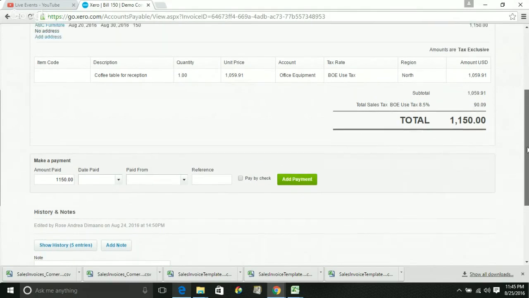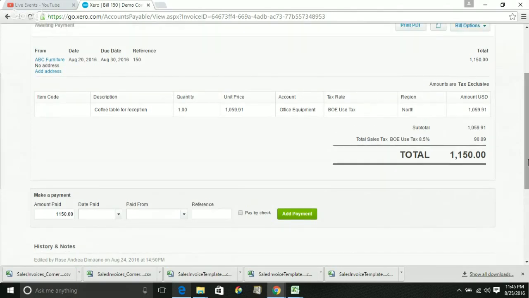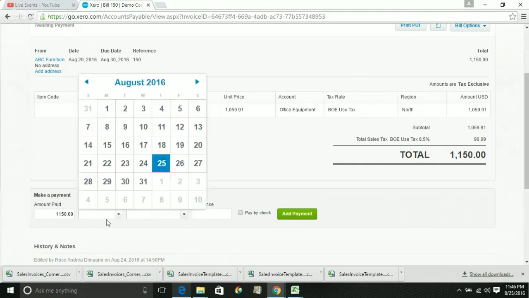So basically, if your billing is approved, the individual transactions is that you will make payment, right? So you will create an amount paid and then date here,